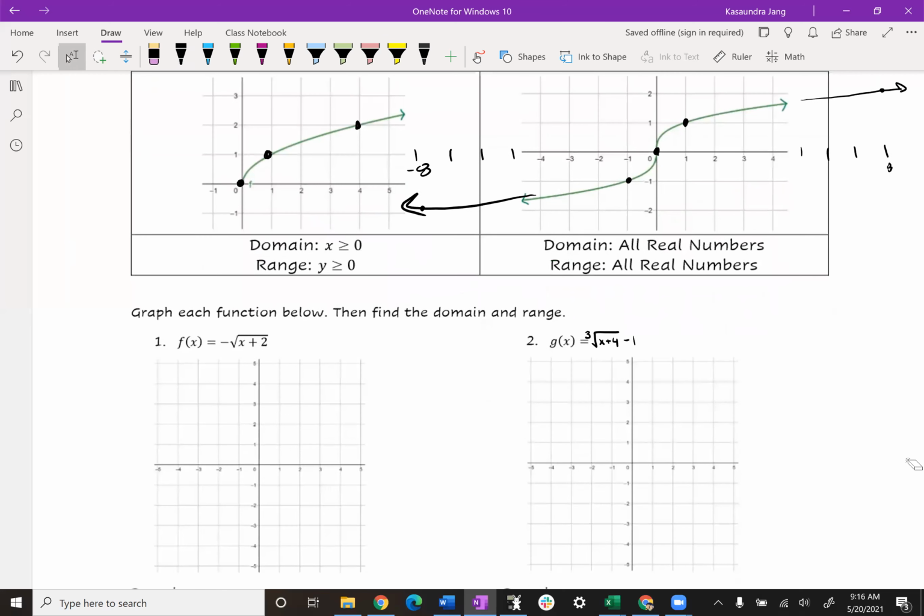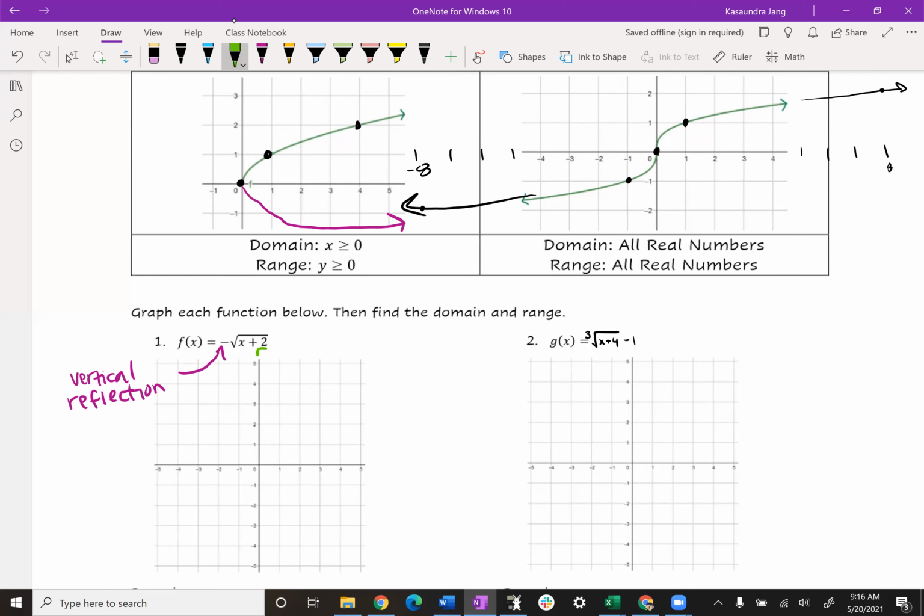So number 1, graph each function below, then find the domain and range. So this one does have a few transformations going on. It's got the negative itself, which is a vertical reflection. So that's taking my square root function and it's making it come down here as my vertical reflection. And then the